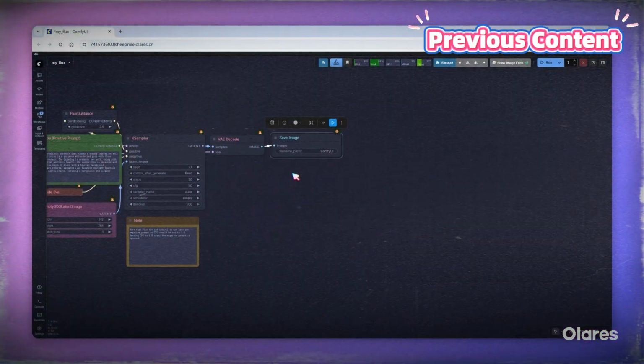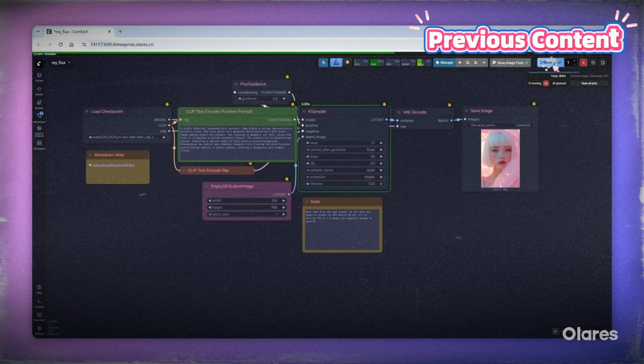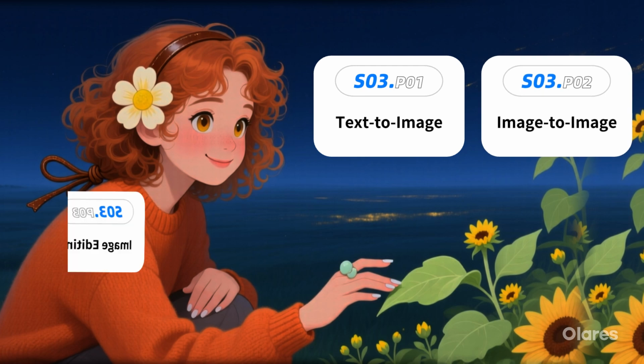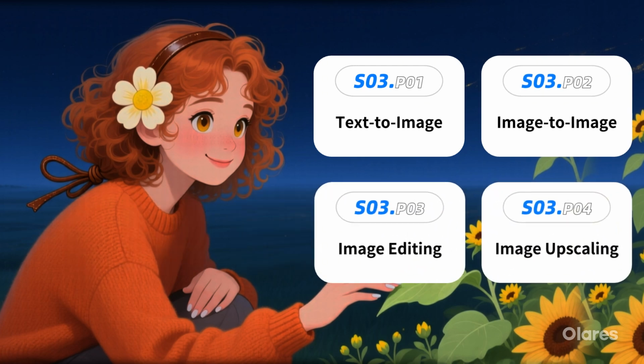In our previous lessons, we have learned how to build, review, modify, and run workflows in ComfyUI. In this lesson, we will put these foundational skills into real image generation practice. We'll systematically explore and implement the complete process of image generation, including text-to-image, image-to-image, image editing, in-painting, out-painting, and image upscaling. Throughout this process, we will encounter many mainstream models and tools, such as image generation models like Krea and Qwen-Image, control and reference signal models like ControlNet and Redux, image editing models like Context and Qwen-Image Edit, image upscaling